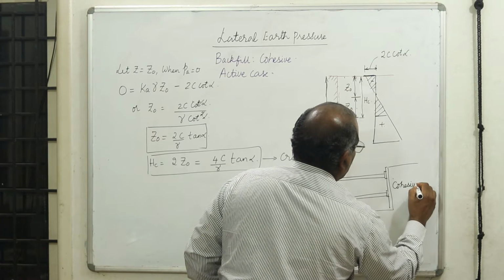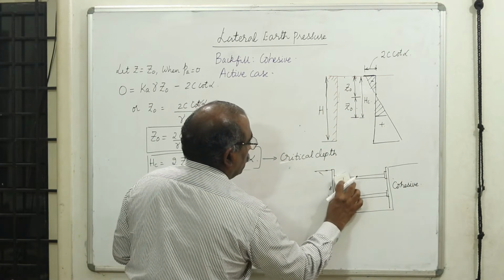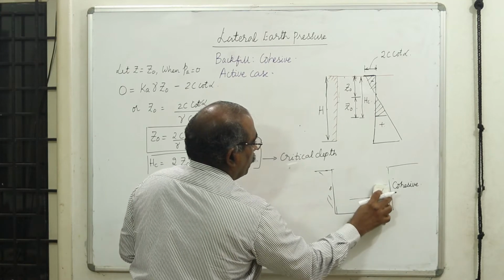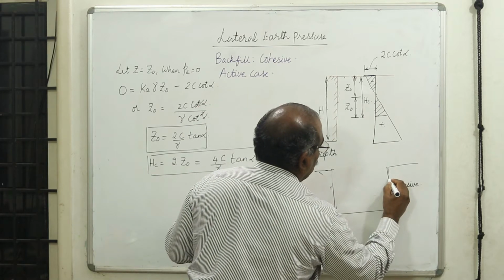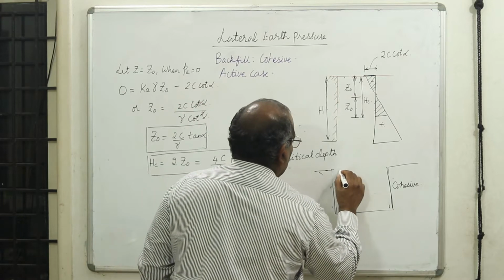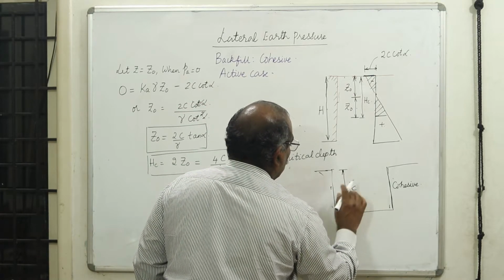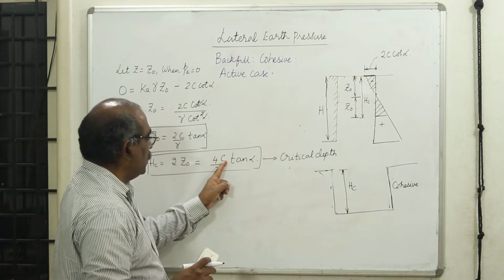Now instead of a cohesionless soil, if I have a cohesive soil, I don't need any of these supports. This support system is not required, the bracing is not required. Temporarily, I can have a vertical excavation to a certain depth. This depth is called the critical depth. To this particular depth, if I know my properties,